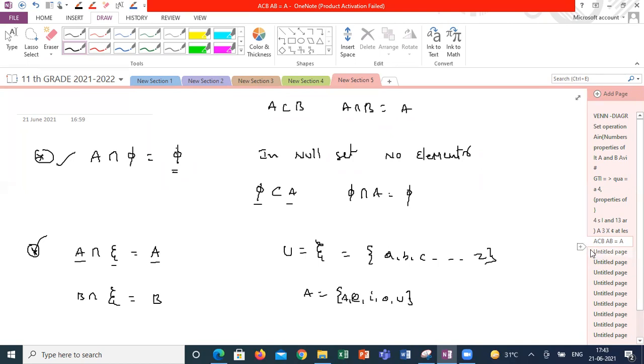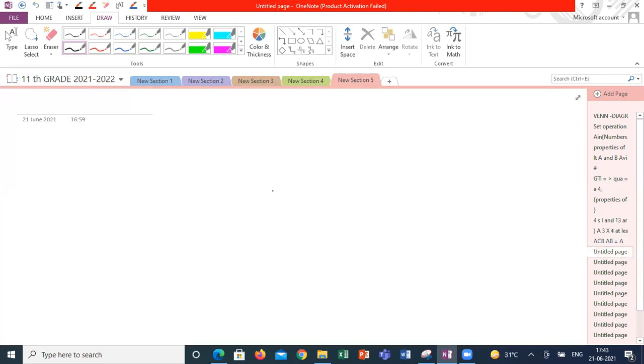So as of now, first we will start the basics of the set operations. These are the three basic operations. From these three basic operations only, most of the other operations we will discuss. One is intersection, another one is union, another one is difference. These three are the main operations.